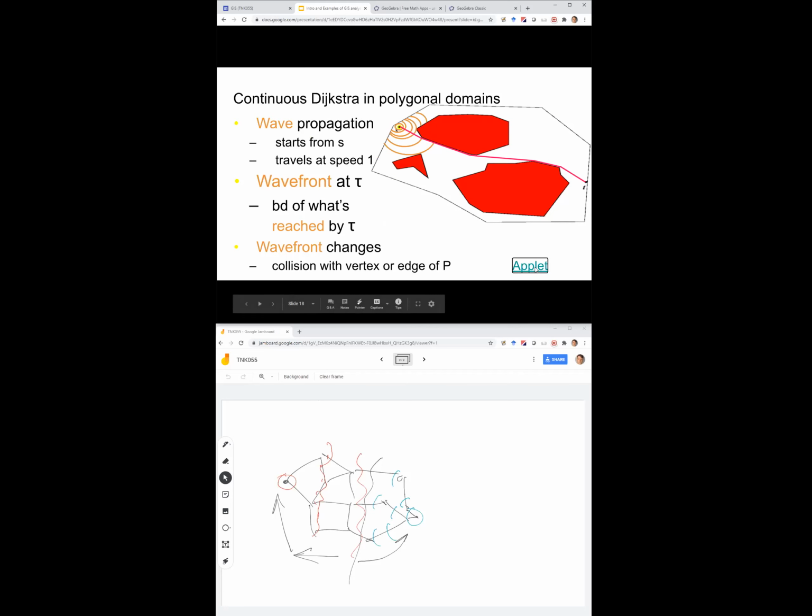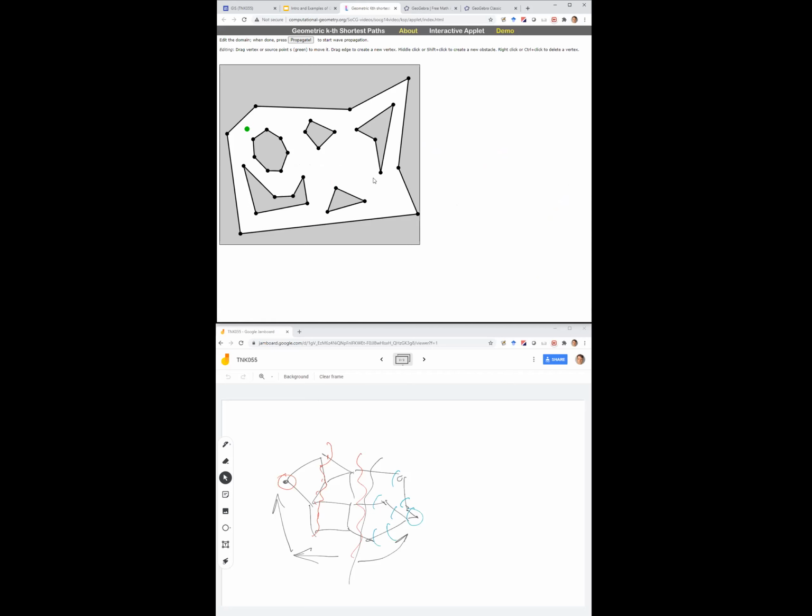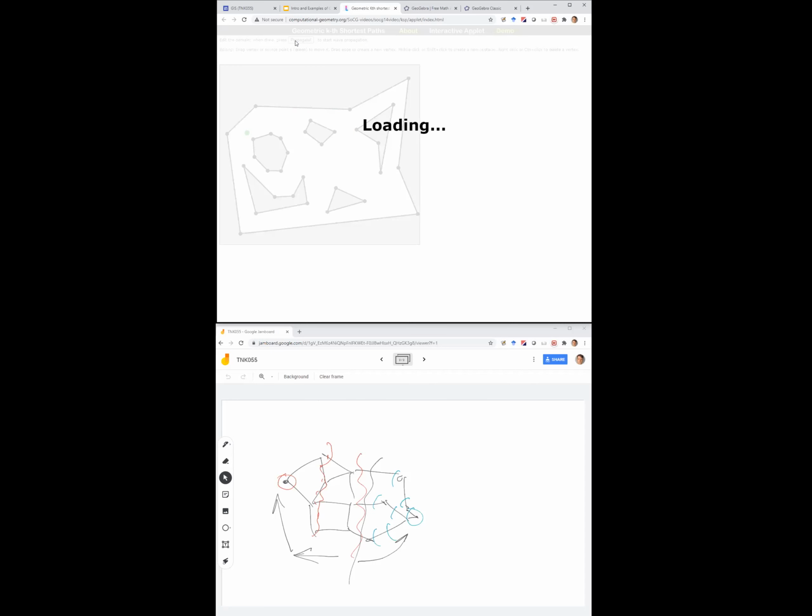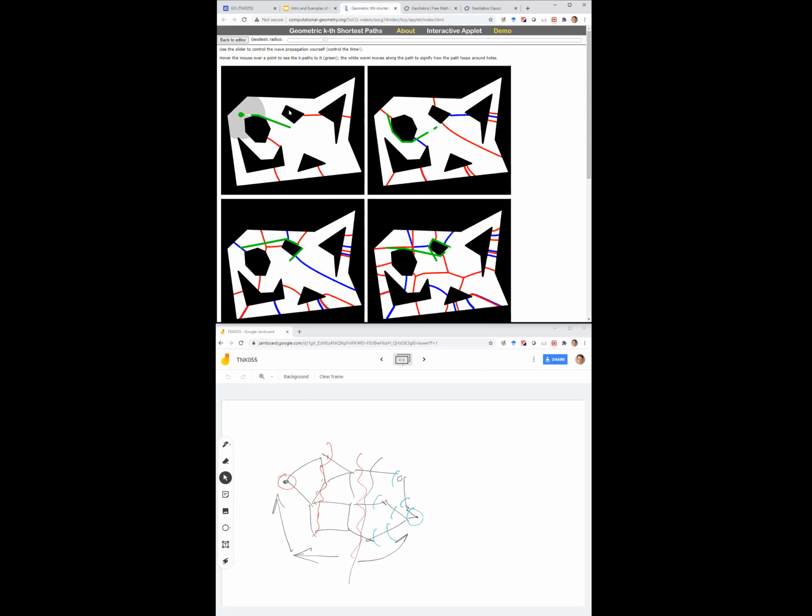So for this particular thing, I have a link to an applet. That's an applet done by a student of mine back in Helsinki. So it's actually an interactive applet. You can change things. It's really cool. And it shows much more than just wave propagation. S is the starting point. Again, you can drag it, and then you click on propagate. It will take some time, and then it will start propagating the wave. So only look at this top left part. It shows you how the wave propagated. And in fact, there is a slider, so you can see how the propagation went on.